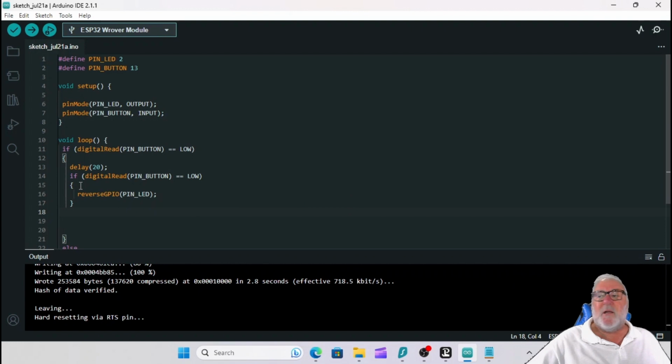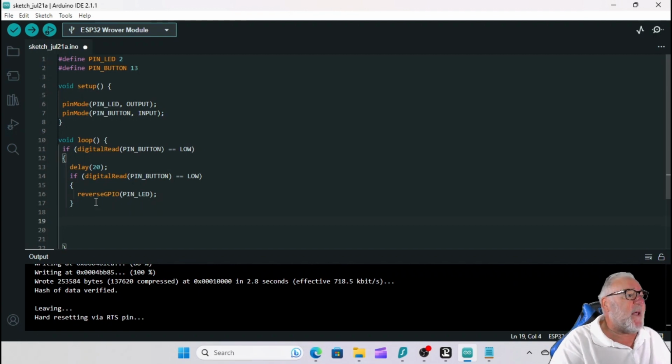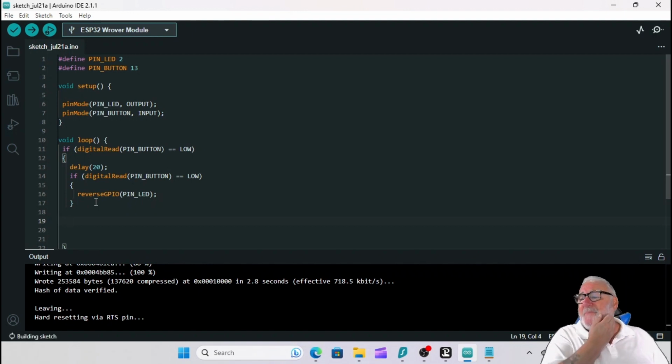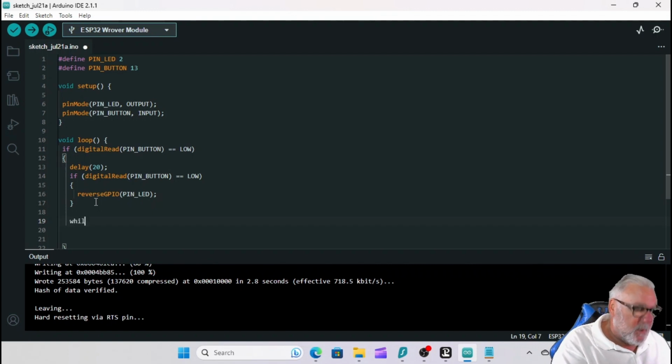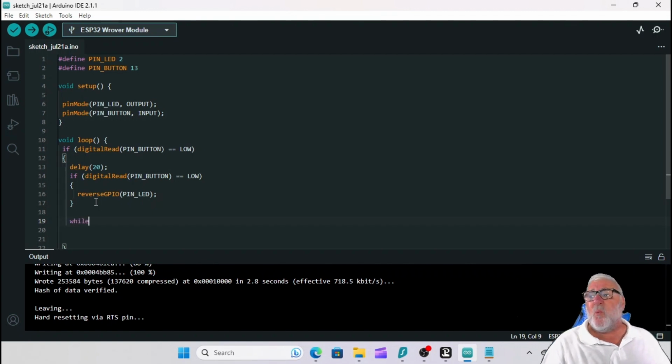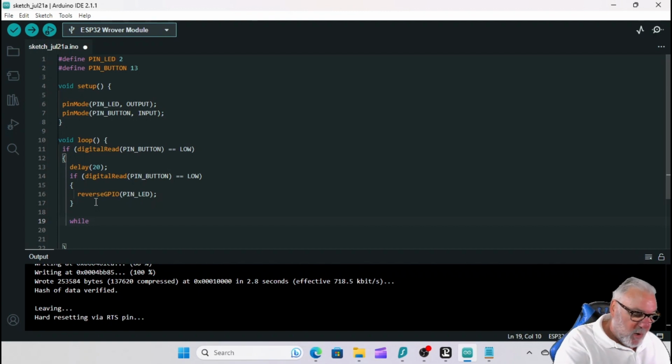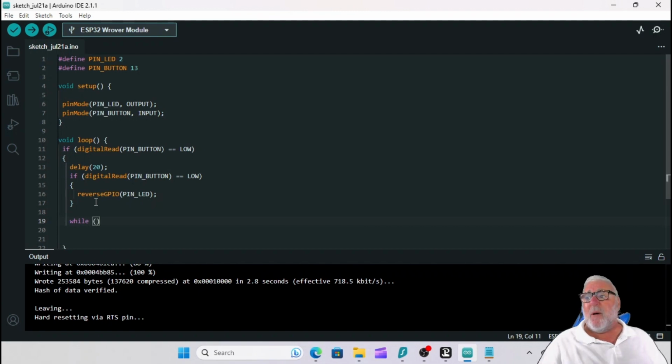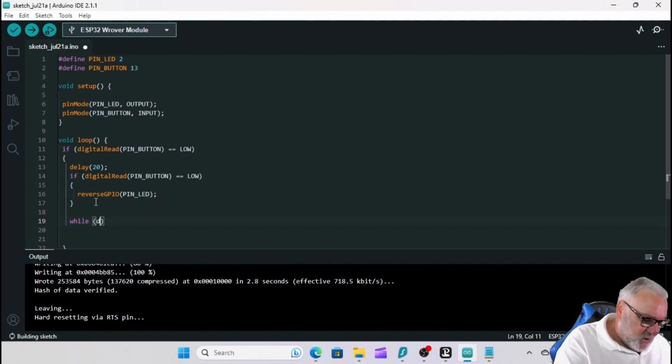So that's our curly brackets. All right. Leave a bit of space there. So we've reversed the pin. Okay. So, while. This is the first time we've used the while loop. The while command. Brackets on, brackets off makes it a function. Okay, a digital